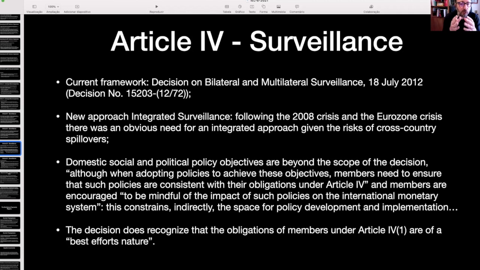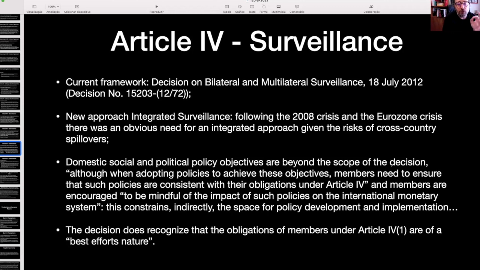The financial crisis of 2008 started in the US, but then very quickly it hit the rest of the world, particularly Europe, and the rest of financial markets. And so we cannot look simply in isolation at the US economy. We need to have this integrated surveillance to take into account the possible impact of events taking place in one or a few countries on the rest of the world. Again, in accordance with Article 4's mandate, as you can see here, domestic social and political policy objectives are beyond the scope of surveillance. Although, as you can see, there's again the tension. So these are supposed to be outside the purview of the IMF, but